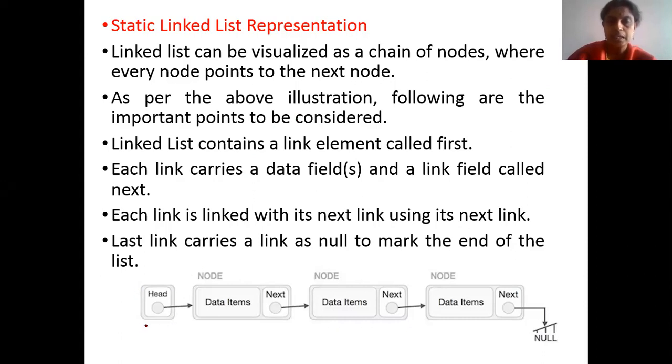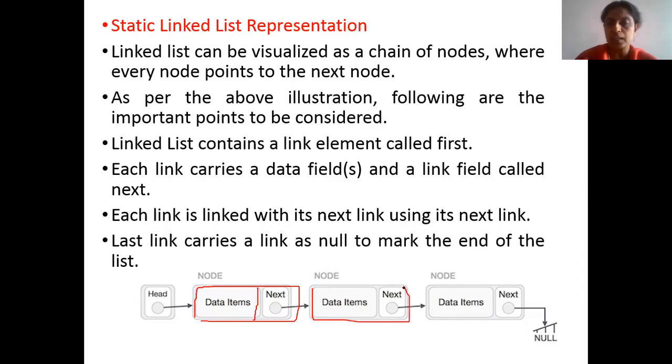If you look at this diagram, first the head node will be there. The head node carries the address of the first node. The first node has two parts: one is called the data item, another is called next. The data item is used to store the values, and next holds the address of the next node. This will take us to the second node.